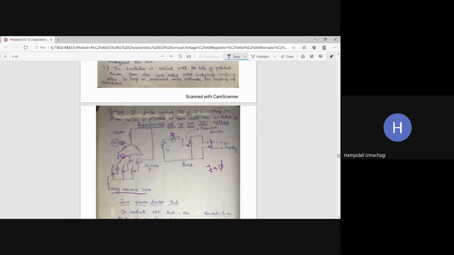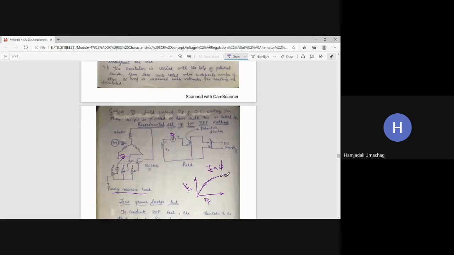After the open circuit test, using this test, which information or which curve will you be getting? The x-axis will be field current, the y-axis will be open circuit phase voltage VOC. Since it is line voltage, this can be your line voltage. So for different points you will be getting points like this. After that, you need to join all those points with the help of a smooth curve, and this will be your OCC.